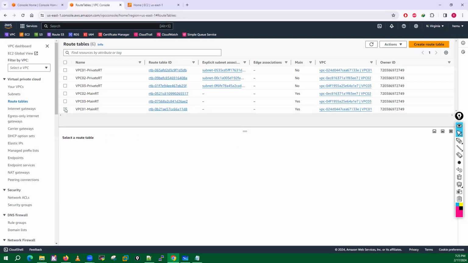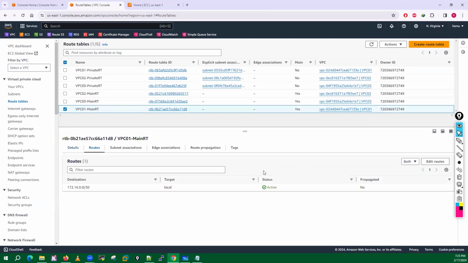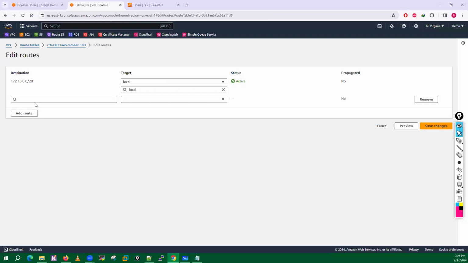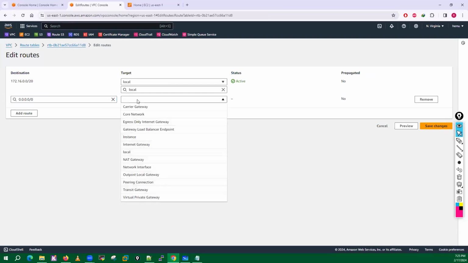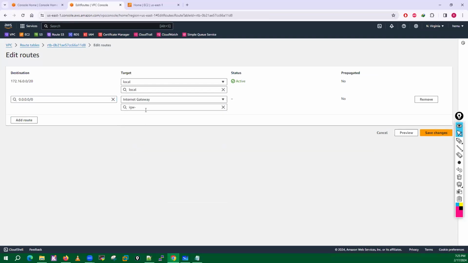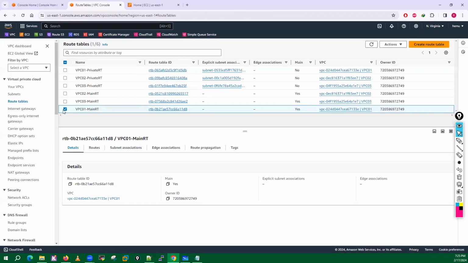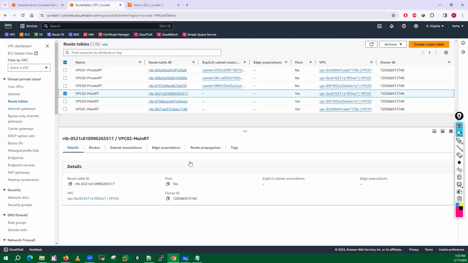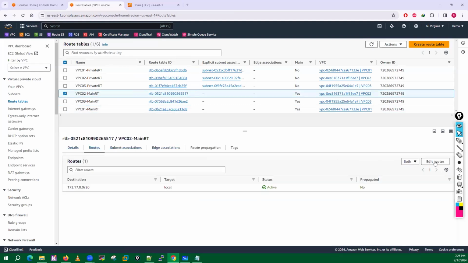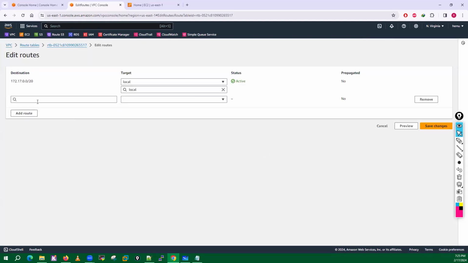Go into this main route table and add the default routing. In the main route table, I'll go here and add the default route towards the internet. In the VPC2 main route table, I'll go into the routes and add the default route.